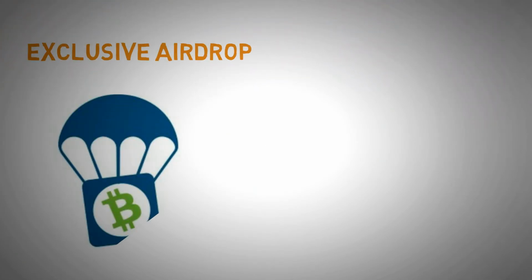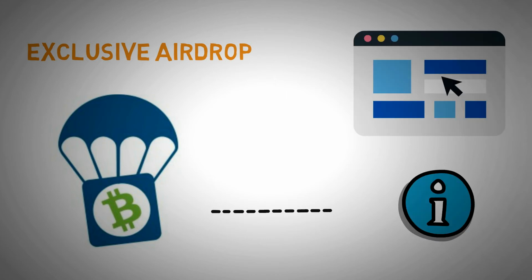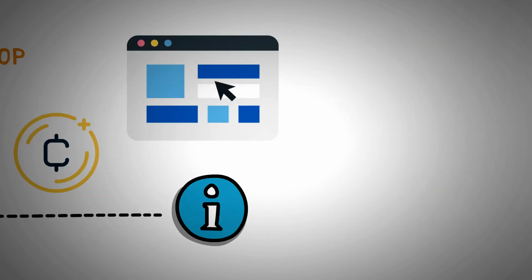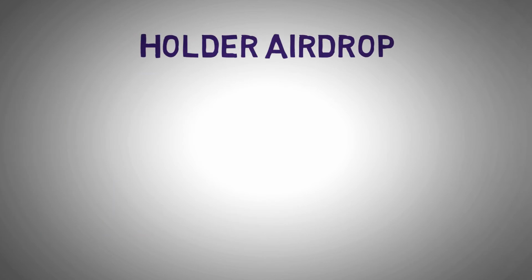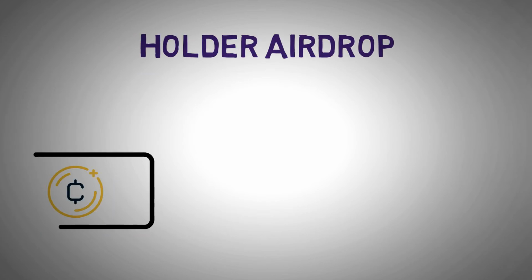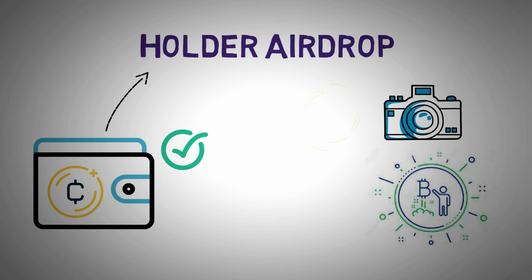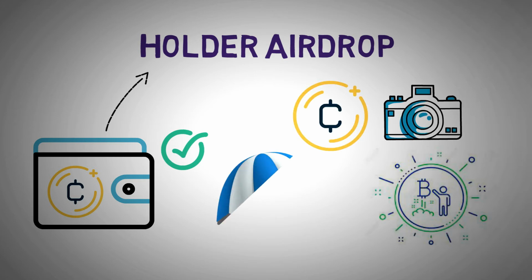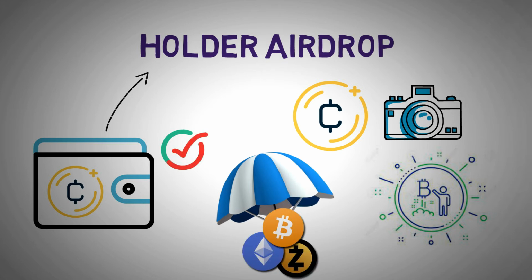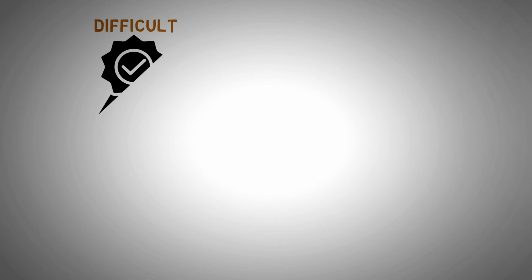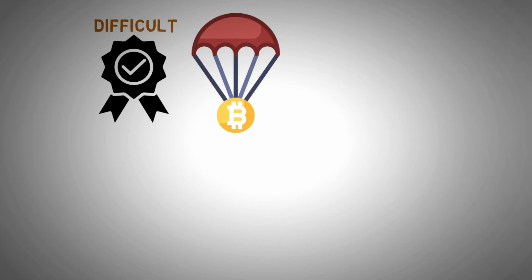So in order to get an exclusive airdrop, you must be a follower of a certain airdrop aggregation. These third-party websites provide information about impending airdrops and interesting crypto projects. A holder airdrop is what it sounds like. If you hold some other cryptocurrency in your wallet, you may be eligible for a holder airdrop. Most crypto projects take a snapshot of cryptocurrency holdings and then allow consumers to receive an airdrop because they have crypto in their wallets for a certain amount of time. Now, one thing is it might be difficult to confirm that you're qualified for future crypto airdrops because they are primarily aimed at marketing and promotion purposes.